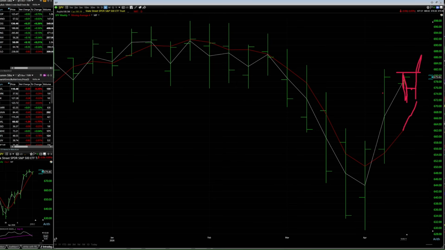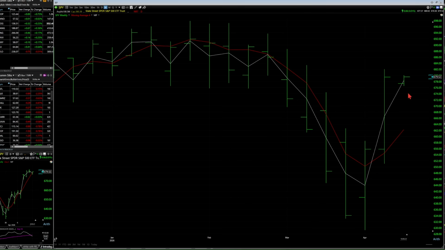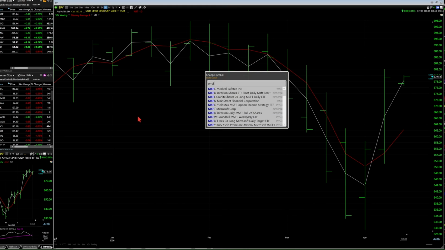And again, this is on a weekly chart. So if we see that happening on the weekly, then we can sort of take advantage of swing trades that we're thinking about playing over the course of the next 2 to 4 weeks. So I would be using this. I would start to look at this and use this, and you can do it on individual stocks as well. If you want to look at the individual stocks, I haven't actually looked at any of these, but let's just